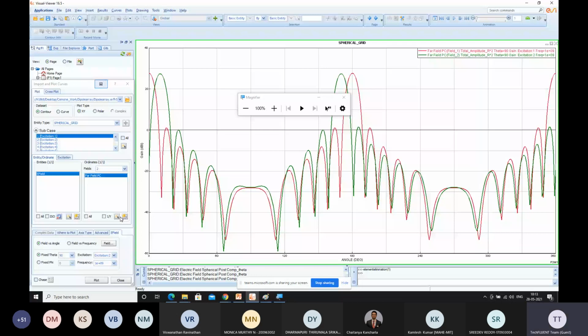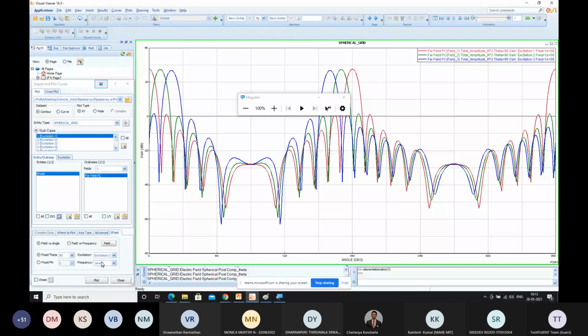So select your field 3 and then go with excitation 3. And then field 4 with excitation 4. And then go with